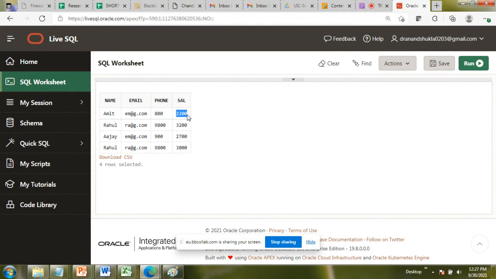Anyway, you can see the increment in the salary. Initially that was 2000, now you can see it's 2200. 3000 has now become 3200. 2500 becomes 2700. Fine. So there is the increment in the salary that you can get.